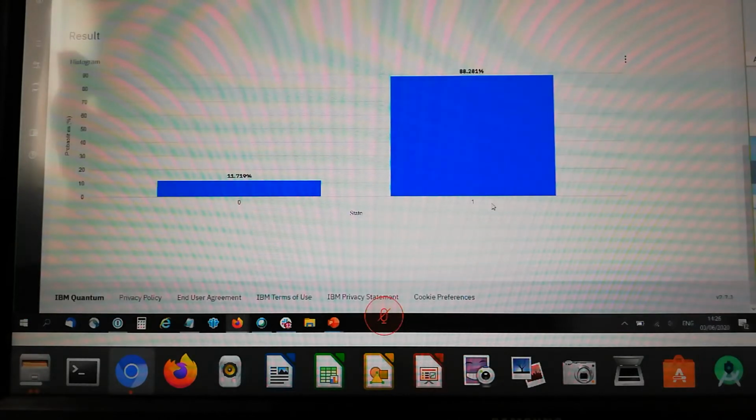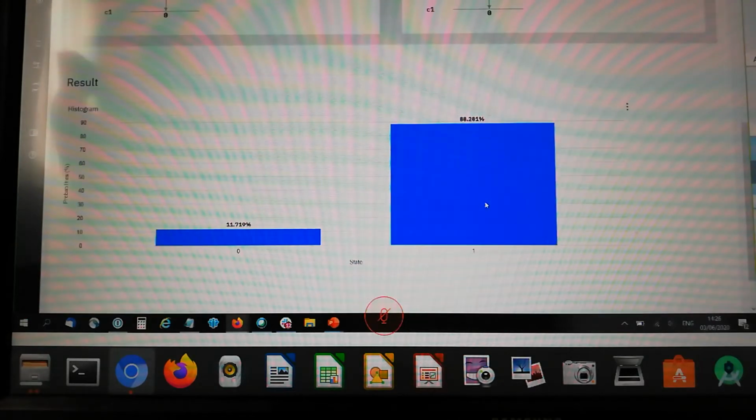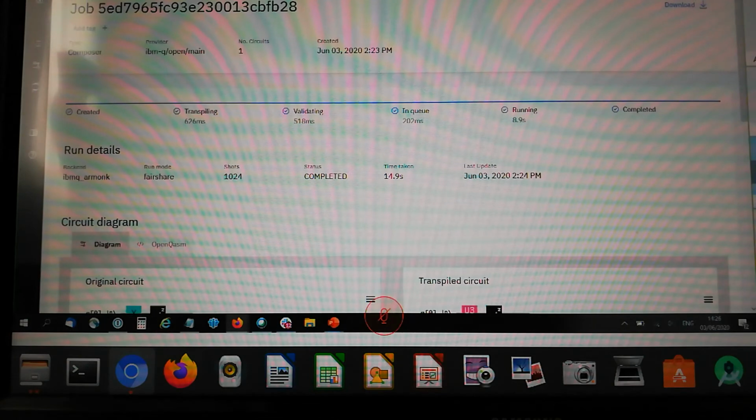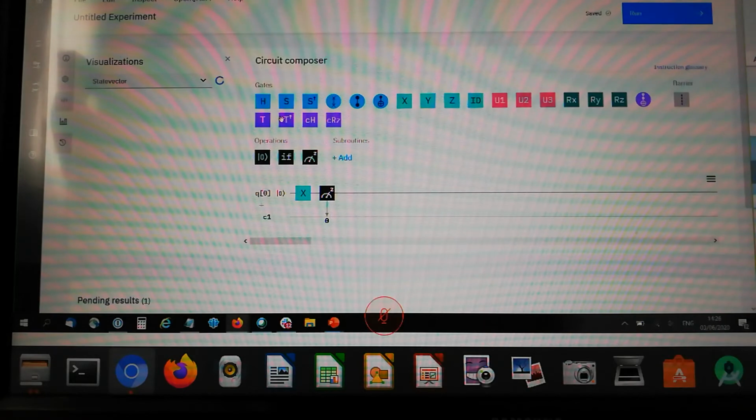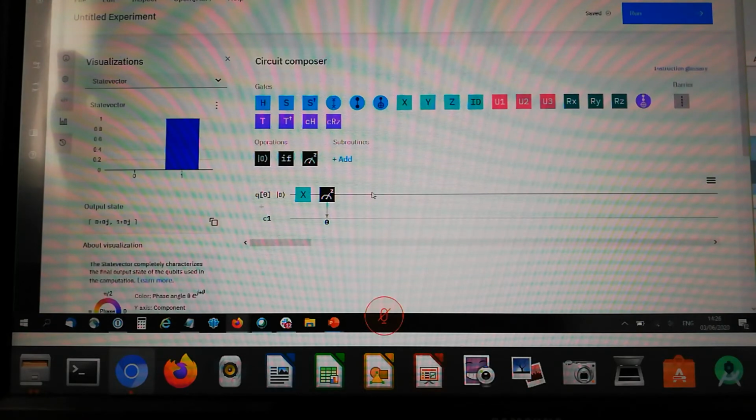And with any circuit you create on the composer, you can run it in this way. Right, let's go back to the experiments and play around a little bit more. But I'll